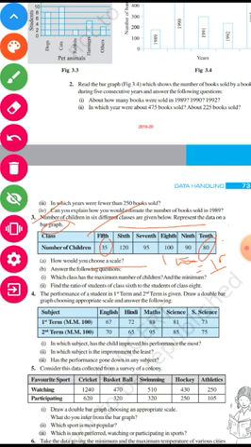Find the ratio of the students of class 6 to the students of class 8. You can find it very easily because you have studied ratio in previous classes. The rest of the questions of this exercise will be homework for you, so do it in your notebook.